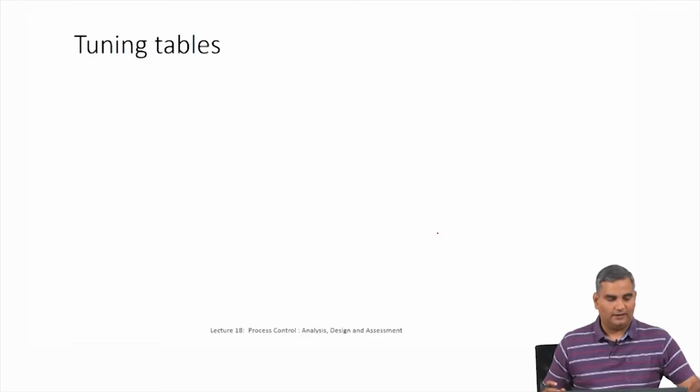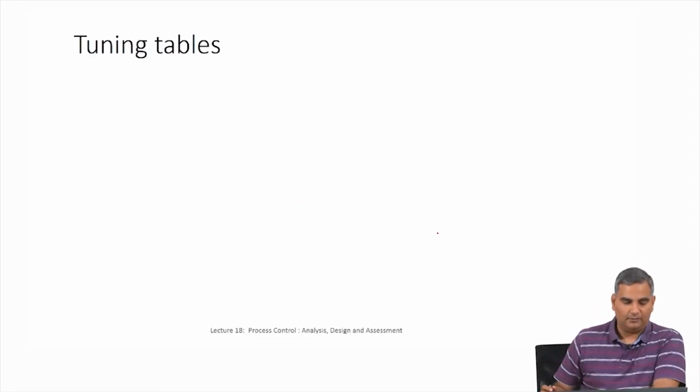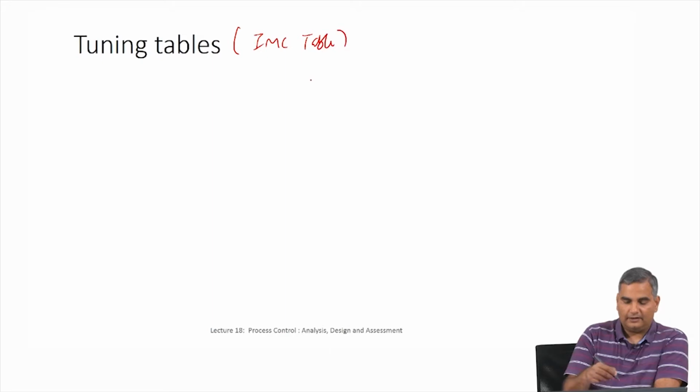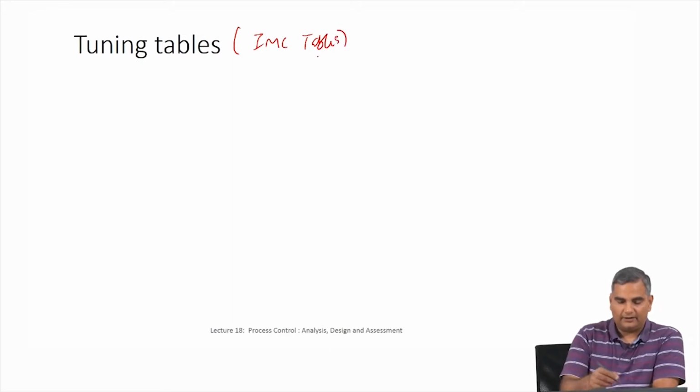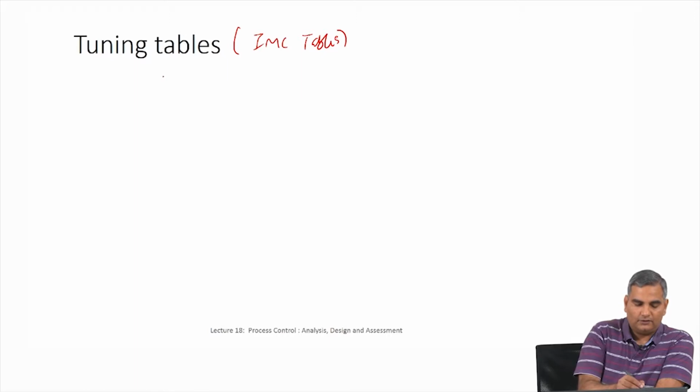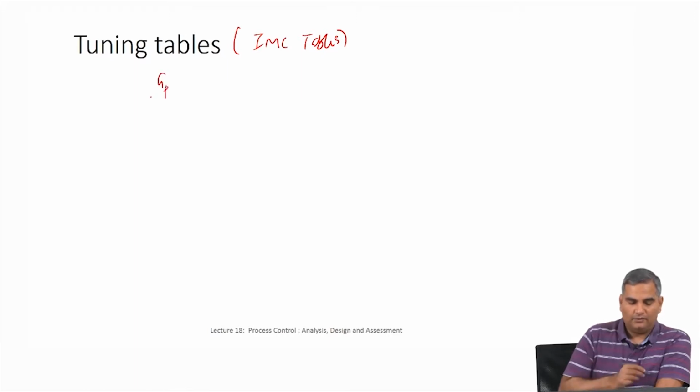As I said before, ultimately you will see tables for direct synthesis which will also be called IMC tables, the IMC idea I will talk about later, but I will tell you how the tables are generally going to look. So, if you look at this direct synthesis approach, there is one thing which is the process model. So, once you have a given process model,